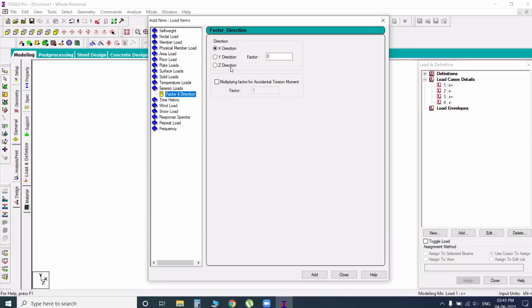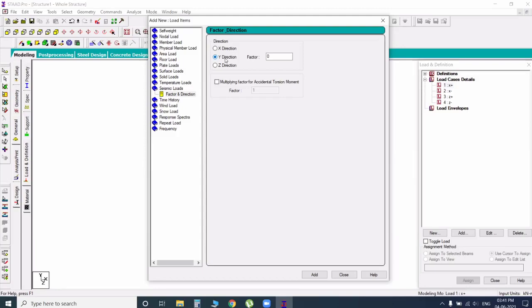So in that condition you can go with the Y direction. And some of the foreign countries, they do tornado analysis also. For tornadoes, they consider the seismic Y direction. I think you know the tornadoes. Okay, for tornadoes, you can go with the Y direction also, but maximum in our India, there are no tornado effects.